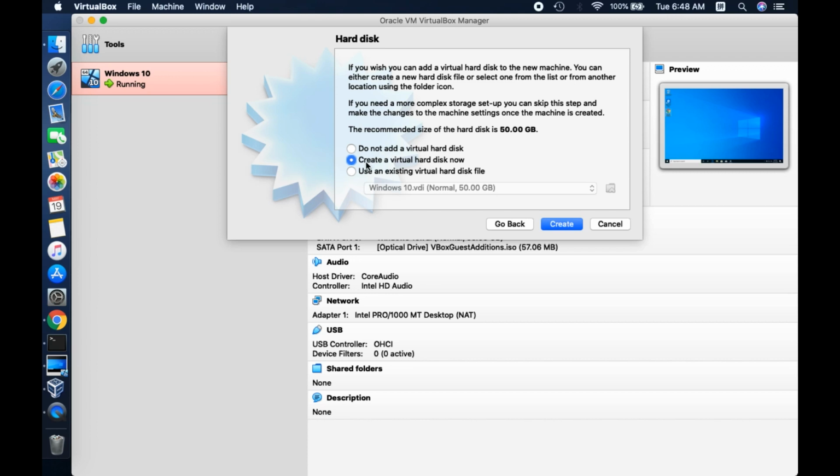This middle section here, create a virtual hard disk now. That is what you want to set up. Alright, now automatically VirtualBox allocates 50 gigabytes of hard drive space. That is an automatic setup. You can go ahead and allocate however many gigabytes you want your hard drive space to allocate to this particular new operating system. So we're going to create